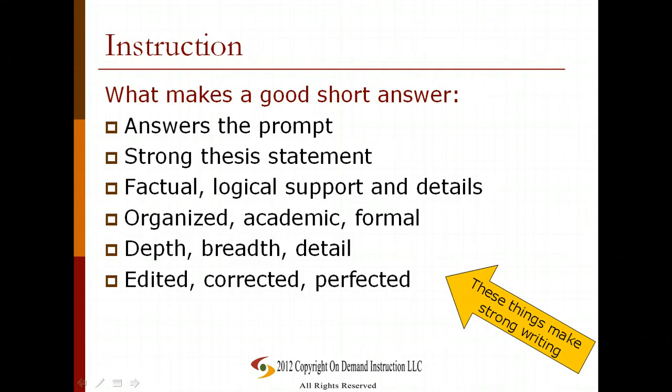and it should always be organized, academic, and formal. You want to make sure that your short answer has depth, breadth, and detail that's appropriate and up to the amount of space that you have. And it should be edited, corrected, and perfected. You should not turn in papers, even short answers, that have mistakes in them,